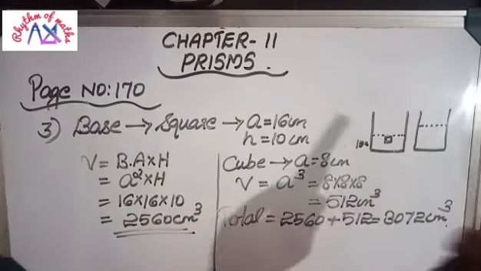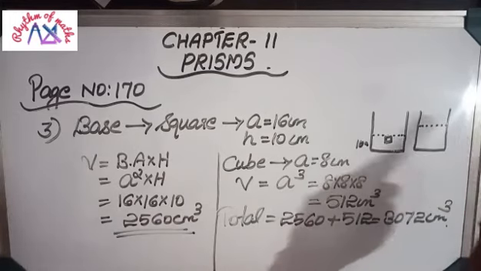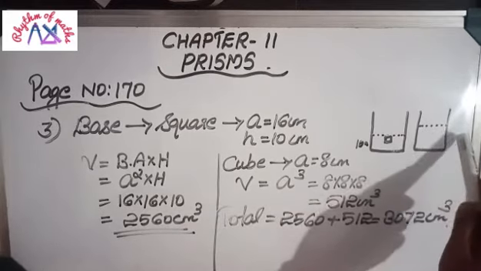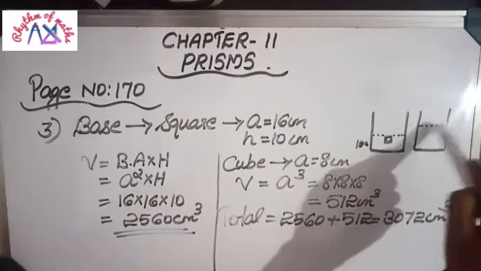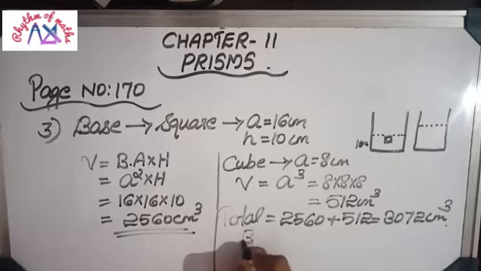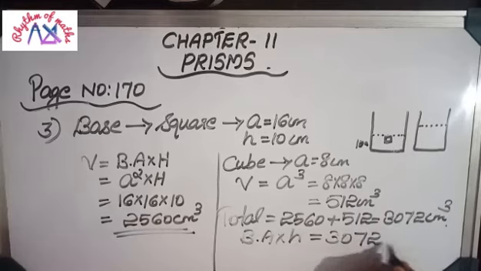Now if this is the height, suppose this height we know, how will we find this volume? This is by adding these two. Directly, how will we find the volume of this water level? The equation is base area into height. That is our normal equation. Base area into height equal to, the answer we already know, that is 3072.